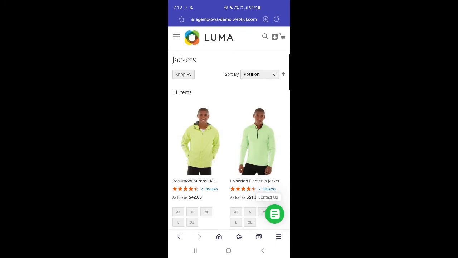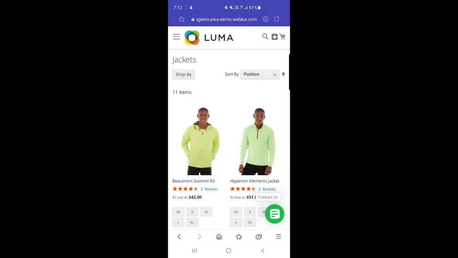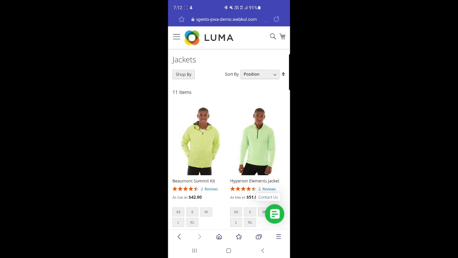Now on the top right hand corner, just left to the shopping cart, you can see a plus icon, and within the URL as well you can see a download button. You can make use of any of those to add this as a PWA to your mobile Android device. So for example, if I tap here, we can install it. Otherwise, if I tap on the plus, we can still install it there. So now let me tap on the install option, and you can see in the URL we have that icon going round and round. Now the progressive web app has been added to my Android device.